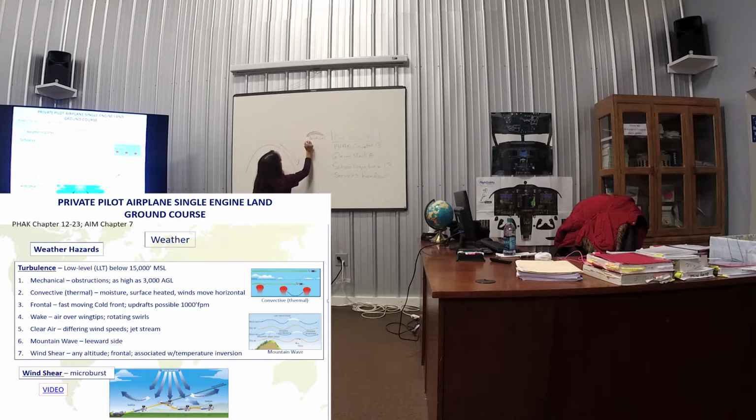Lenticular. We nickname it the eyebrow cloud. On your exam, it's going to be lenticular, but we nickname it an eyebrow cloud because it looks like an eyebrow. It's right about this distance from the mountain. Then right about here, you're going to have a rotor cloud. Usually you have them both. When I did mountain flying, mostly I saw lenticular, but you can have them both.